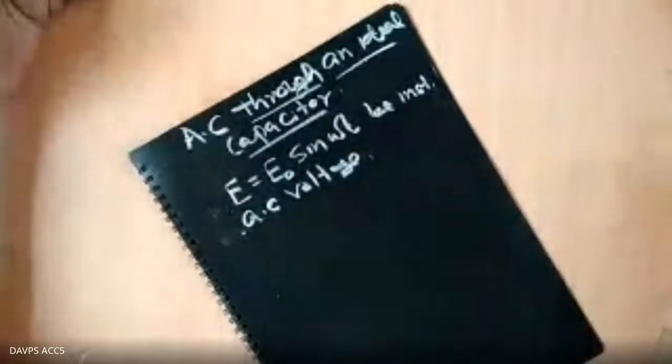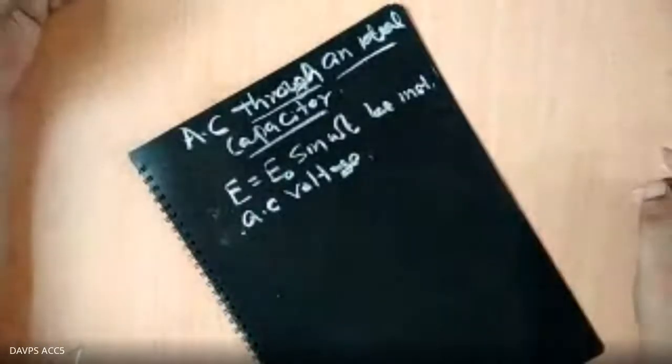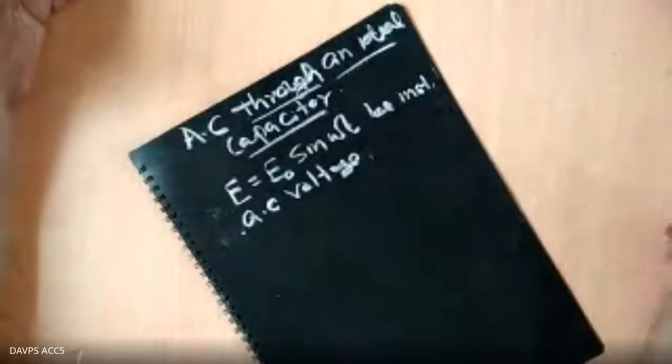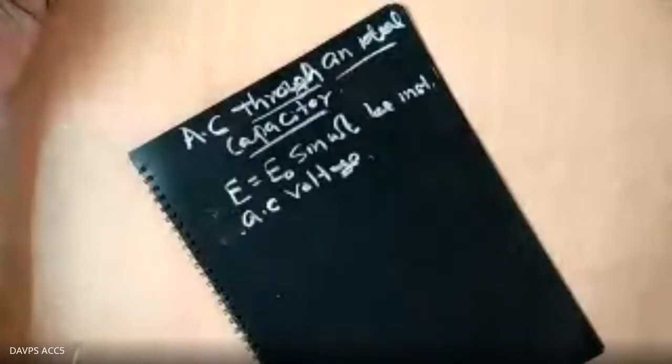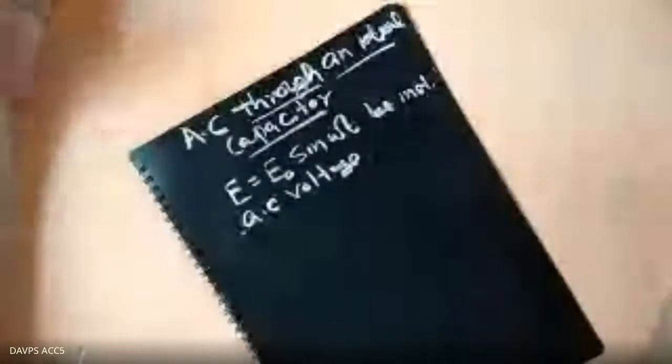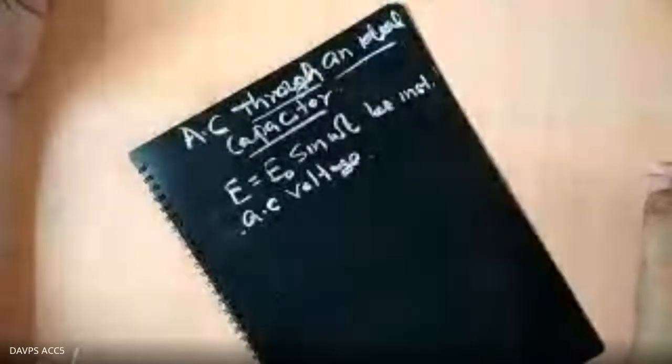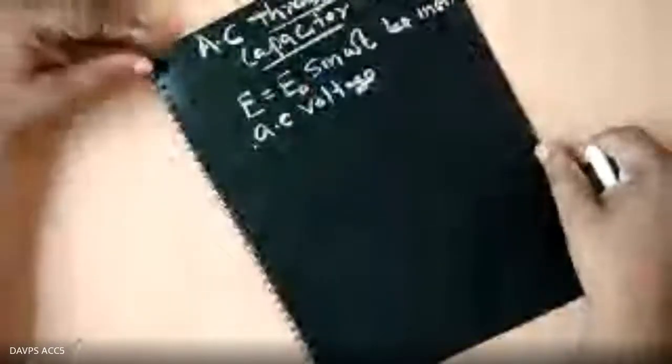Means everywhere, whenever the resistor, inductor already you have calculated, we are supplying E equal to E naught sine omega t. And in case of resistor, you are getting E equal to E naught sine omega t and current I equal to I naught sine omega t. In case of inductor, you supplied E equal to E naught sine omega t and we get I equal to I naught sine omega t minus pi by 2. So here what happens, let us see. Let us see what happens if you supply E equal to E naught sine omega t, what will be the current?